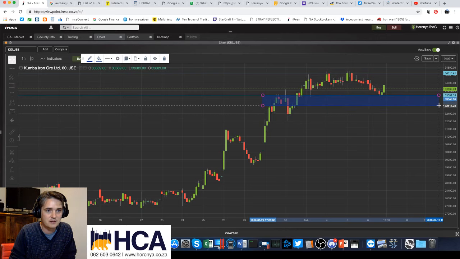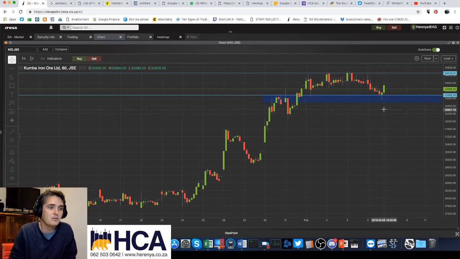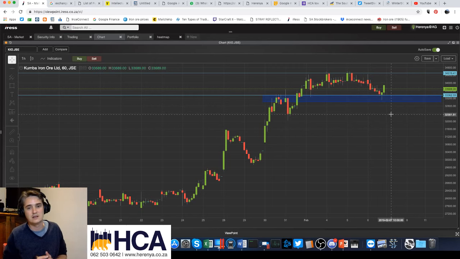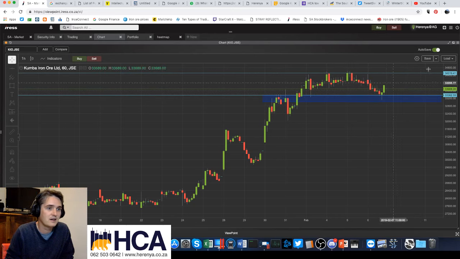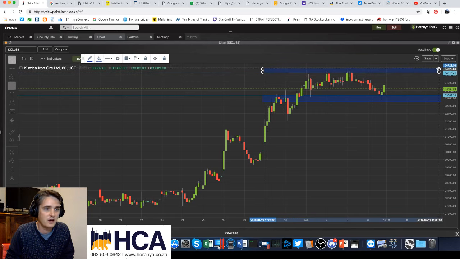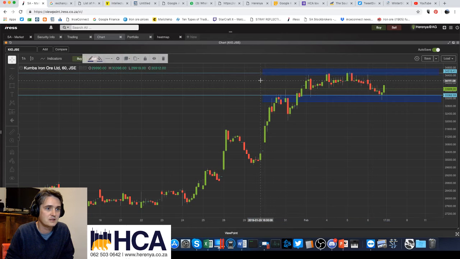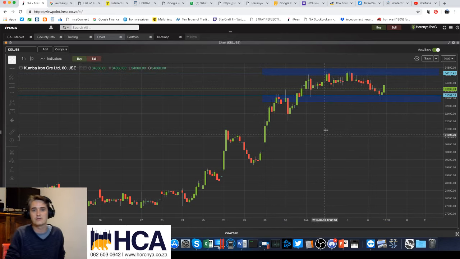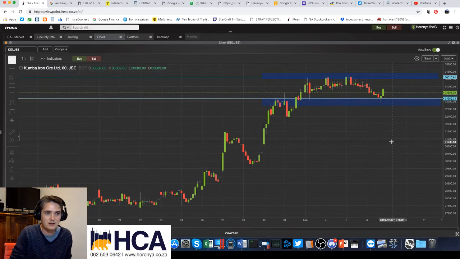So I'd like to see this thing trade and close a 1-hour candle below 330 Rand before I would be comfortable to say that this is a reversal. Similarly, I'd like to see it close a candle above this 346, 347 Rand level before I could comfortably say it is a continuation of that trend, because for now it's just stuck in a range, right? Just on a shorter time frame. So I use those as my trigger points.